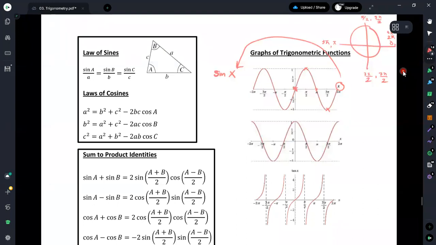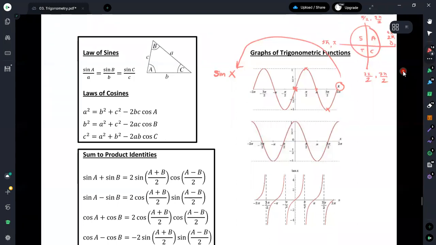Sine starts from 0, then pi divided by 2. Then if you come to this axis, it is again 0, but once you come to this axis, it will be minus, because we know that in the first quadrant all of sine, tan and cosine will have only plus signs. Therefore, if you consider from 0 to pi, it will have the plus value. You can see that in the graph as well. We can see that it behaves in the direction of this plus value.